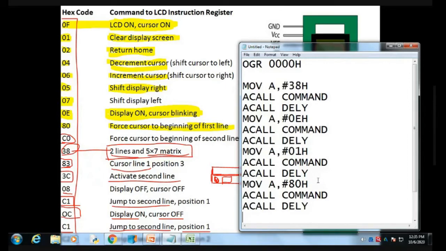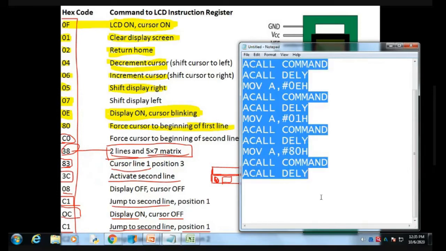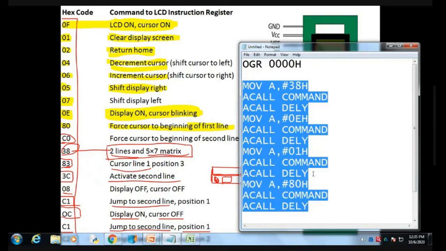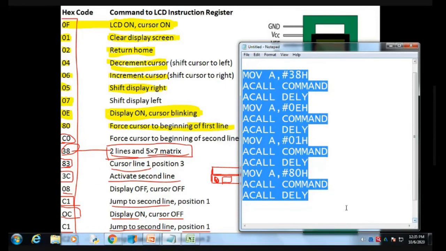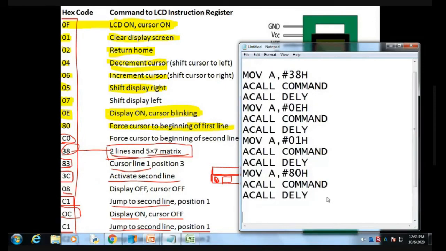So after initialization of the LCD, I am going to now write some data. I'm going to write "hi". MOV A, #'h'.